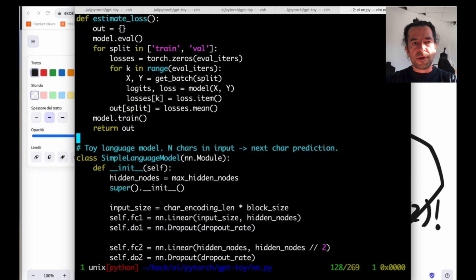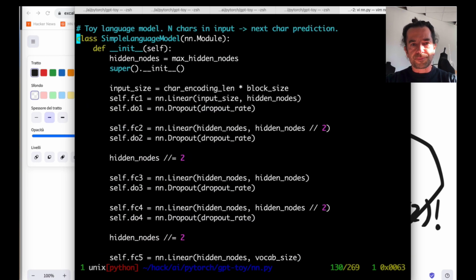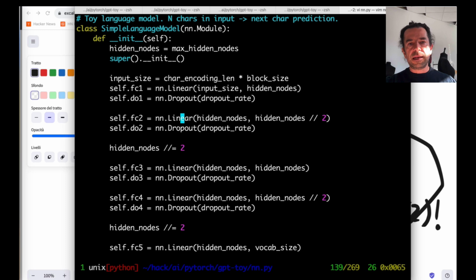Once I do this, what is the setup of my neural network? I will have a total of 5 linear layers with dropout as the only normalization technique that I use. And I use a kind of funnel-shaped neural network.